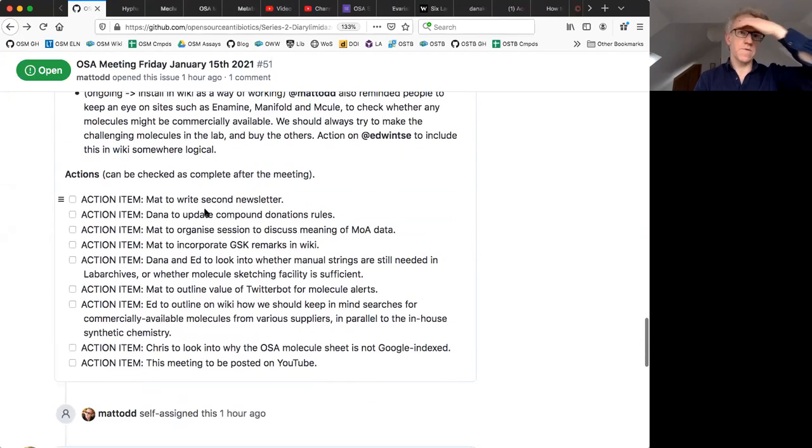So there's a bunch of action items which we haven't done. Christmas is one of those times when you get done far less than you think you're going to get done. Even in a lockdown Christmas, I didn't get all these things done. So lots of things there for us to do. Was there anything else anyone was thinking about or wanted to talk about before we wrap up?